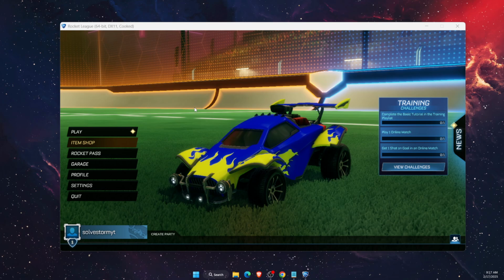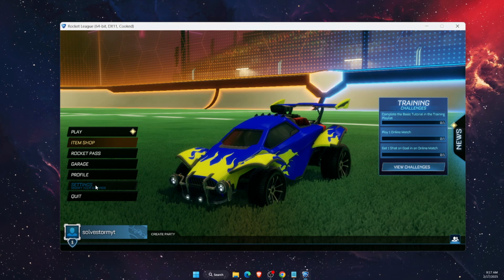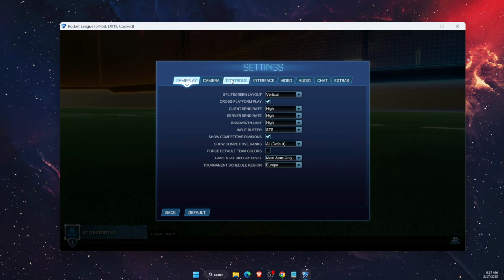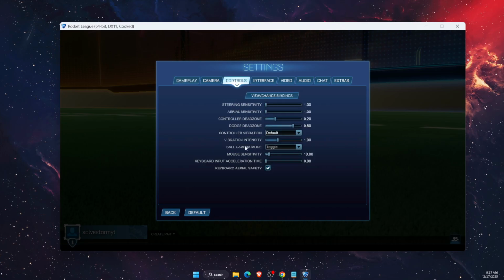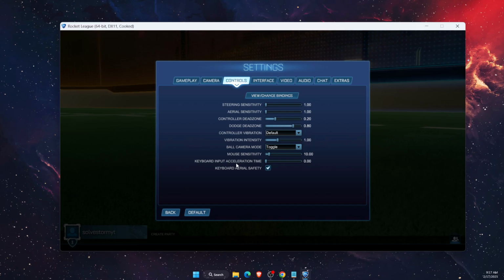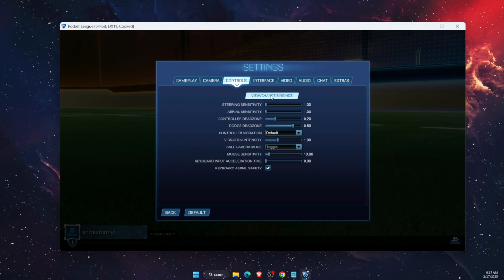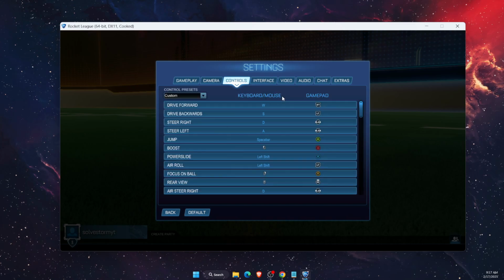on PC. You can also do this on PS4 or PS5, so all you have to do is go to settings here. Then in settings you want to click on controls. Here you can change some settings like steering sensitivity, controller dead zone, mouse sensitivity, keyboard input acceleration time, and so on and so forth. But to change the keybinds, all you need to do is click on view change bindings,